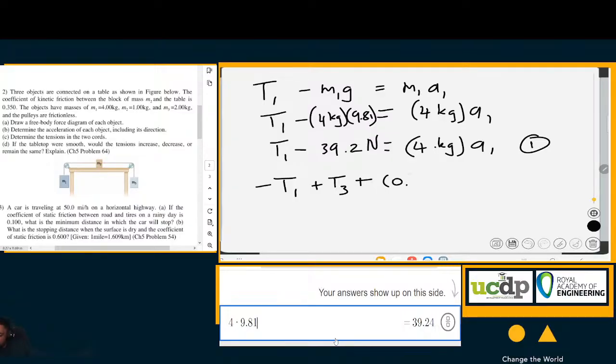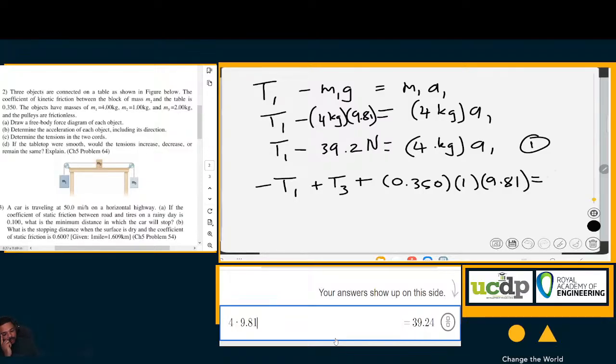the mu k, it is the, what was it again, 0.35, it is the coefficient of kinetic friction multiplied by the normal force, which is equal to, in this case, its weight, which in this case is m2, and that is 1 kilogram multiplied by 9.81,